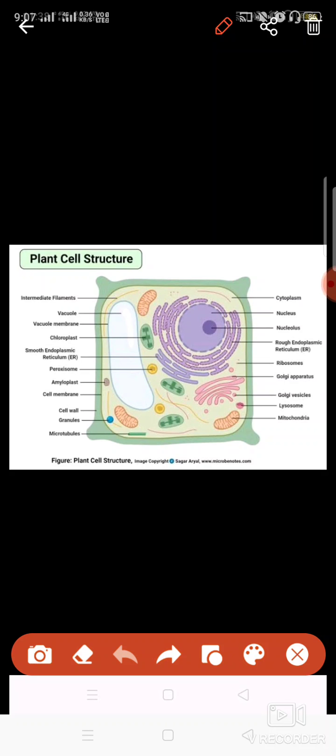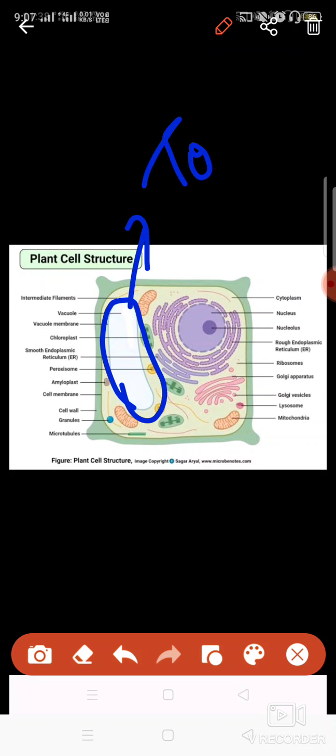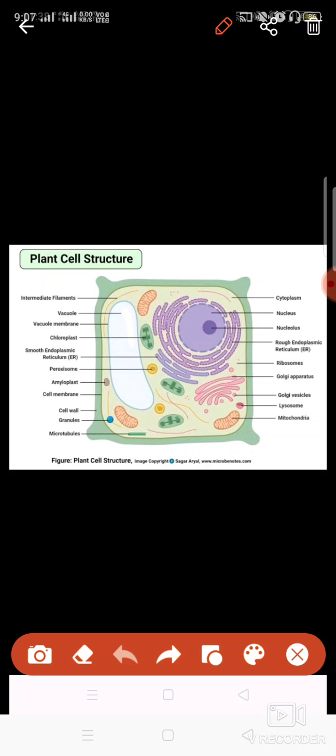Like in animal cell, you might have seen that it was present in the center, but in plant cell, the nucleus is always found in the corner of the cell due to the presence of a large vacuole. Okay, function of vacuole, storing water and minerals. This vacuole has an outermost covering or a membrane. This membrane is known as tonoplast. Okay, tonoplast is the outermost membrane of the vacuole, and its function is to cover up the vacuole. Whatever is present inside the vacuole will be protected by the tonoplast.